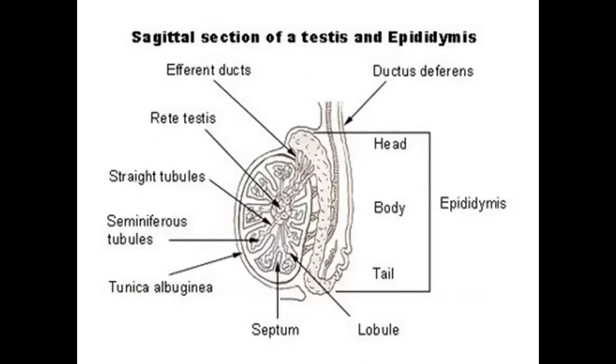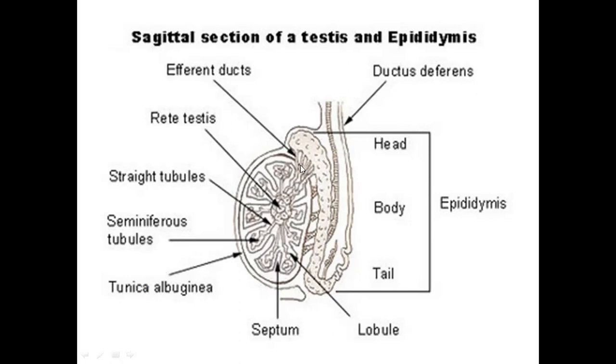To get an overview, if you get a sagittal section of a testis, the main component that we will look at, within the testes, the outermost covering inside the scrotum, which is the skin pouch in which the testes are present in animals, is made up of a very dense connective tissue with lots of collagen fiber, and that connective tissue is termed the tunica albuginea.